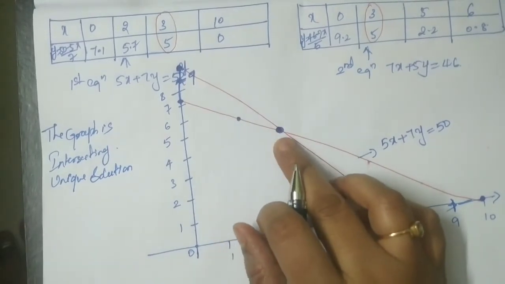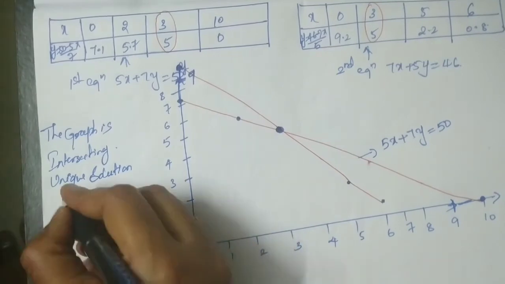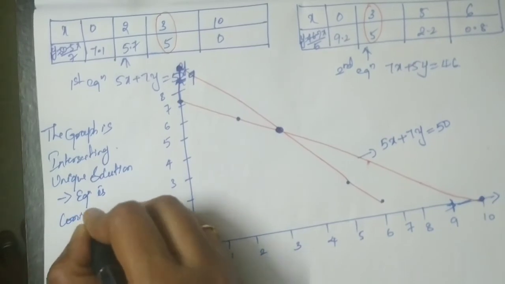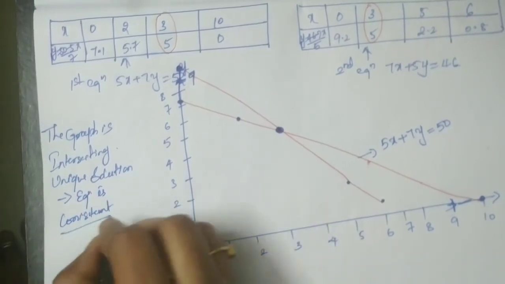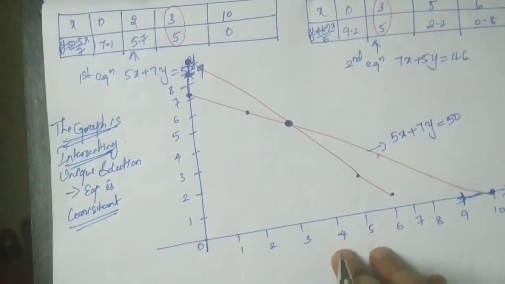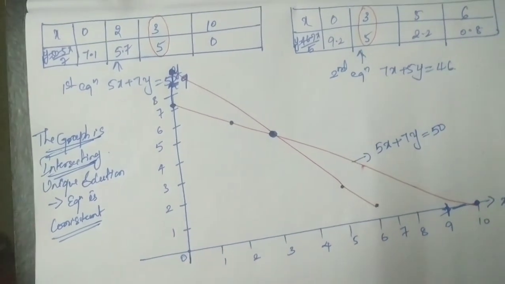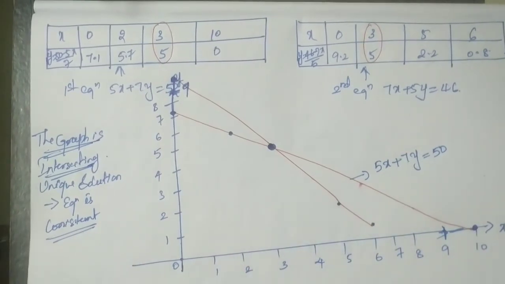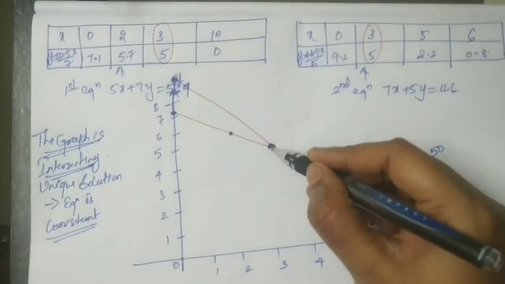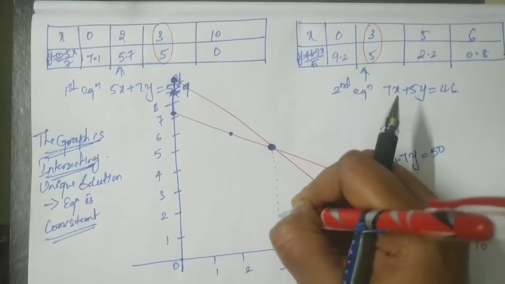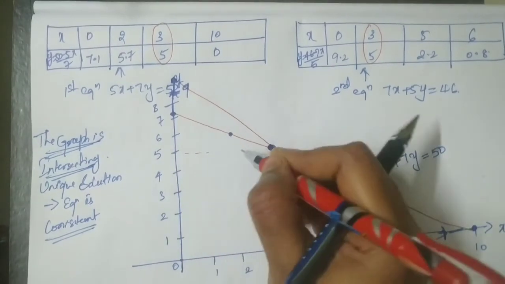Okay. Since the solution exists, I will categorize it as consistent. Right? If the solution exists, you can clearly say the equation is consistent. I hope this is clear, right? The same question, as I already stated a few minutes back, you can do it in this way, or you can still use the direct method of finding. Okay. Now the question according to the word problem was, find the value of the pencil and pen.